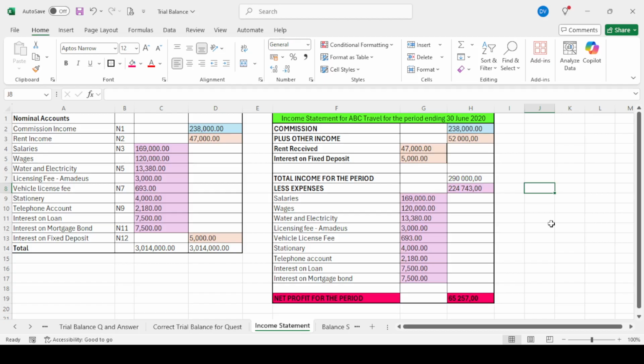I have a plan to do some downloadable documents for you guys. Time is just not on my side at the moment. So as soon as I get to that, I'm going to load some printables for you that you can download and have with you, hopefully in color, because I do think the color helps. All right, so this is your income statement part of the job done. Well done, guys. So I'm going to stop this video, and then in my next video, I'm going to show you now how to do the balance sheet using the balance sheet section of your trial balance.